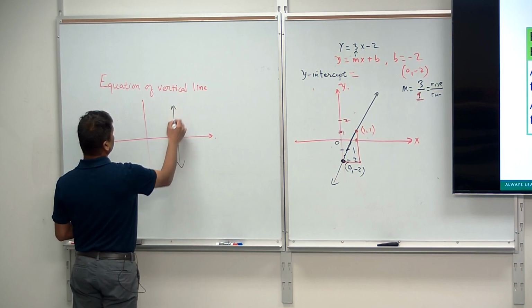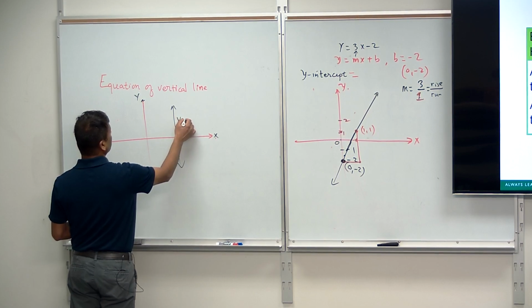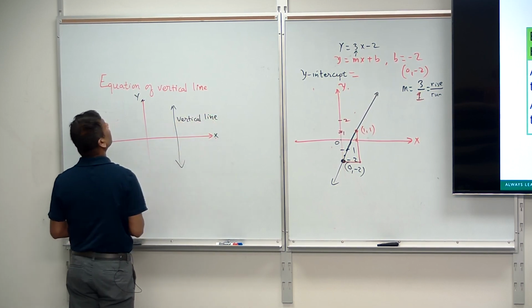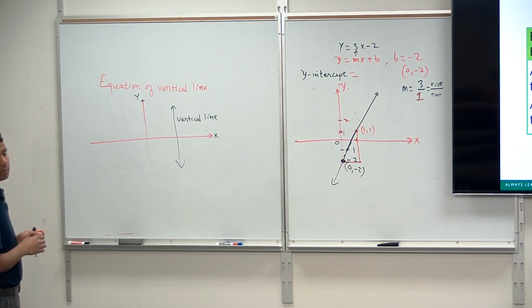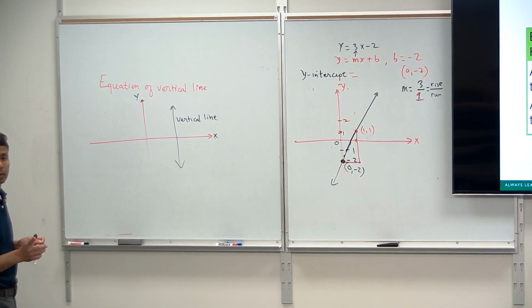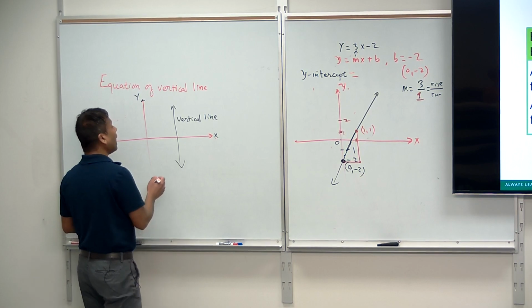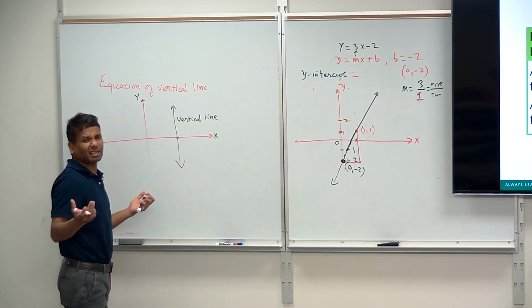So this is your x-axis, this is your y-axis, and this is the vertical line. Right? If you want to find the equation of this vertical line, let's say this vertical line passes through the point